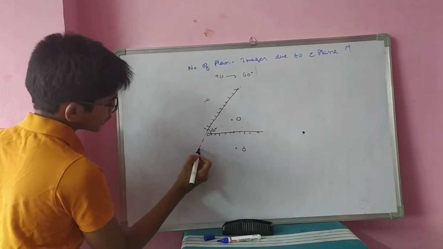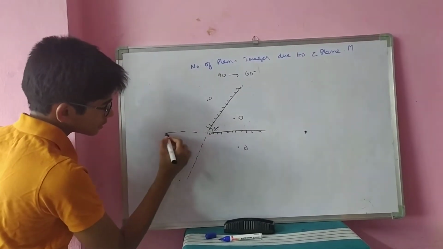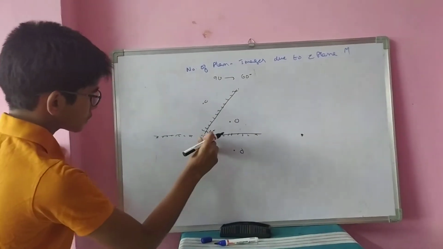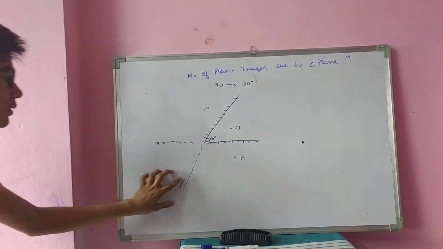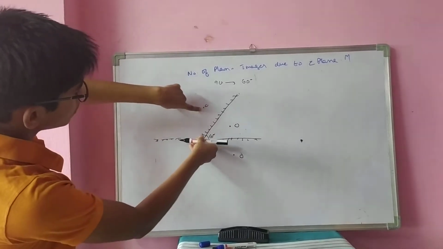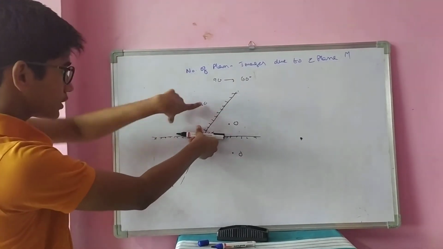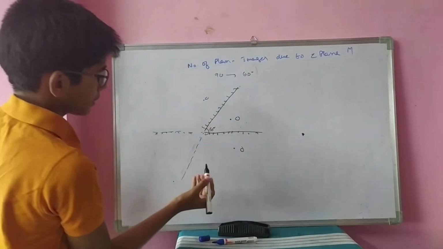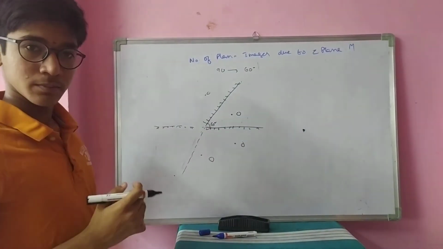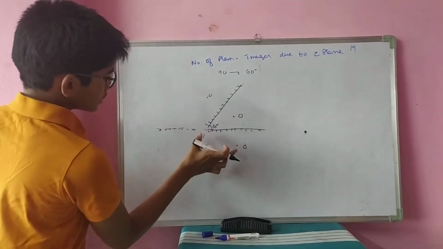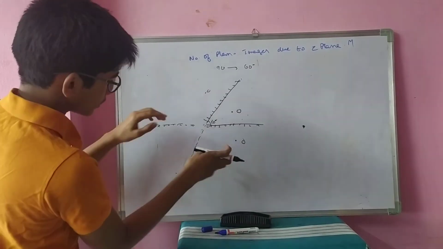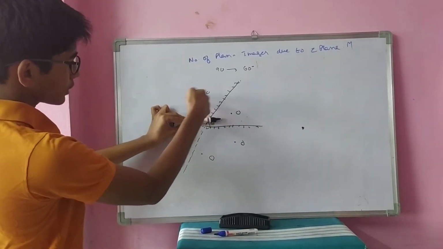Now, as usual, I have to explain these mirrors. Imaginary plane mirrors. This is a reflecting surface, and this is a reflecting surface. Now, this image will act as an object for this plane mirror. This image will act as an object for this imaginary plane mirror and form another image here. See, same distance. Now, this image acts as an object for this mirror, which means in the sense it has to form here.